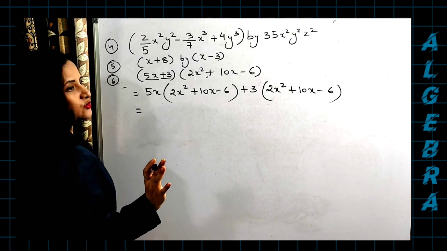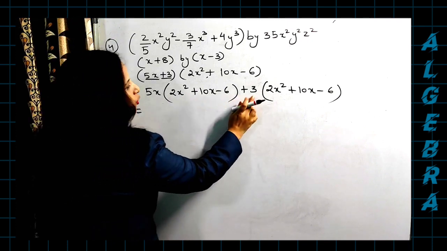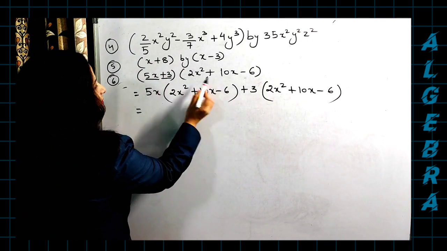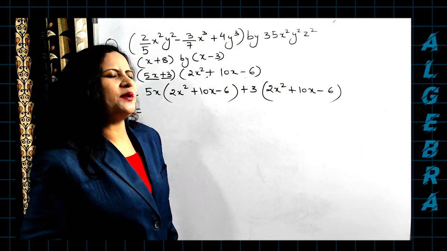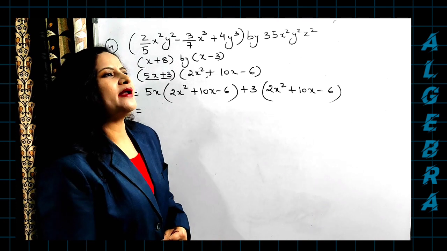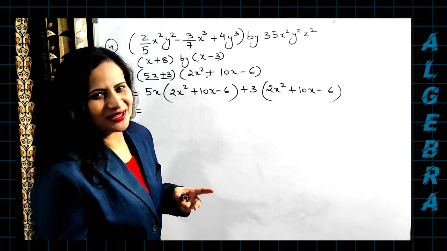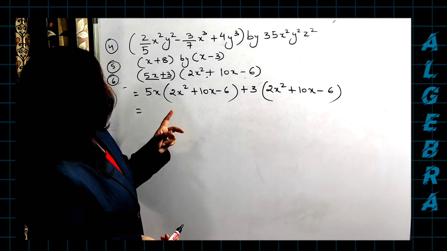Now I will be multiplying. See how I am multiplying now, monomial with a trinomial: first with this, then with this, then with this. When you are doing it like this, be very, very careful, because if you write so many steps, you will get confused. So it is better if you are perfect orally. Just see how I am going to solve it. It will make it easier and clarify your doubts.